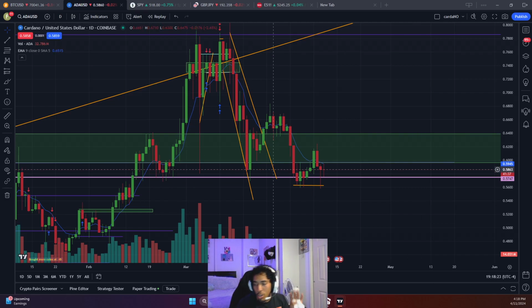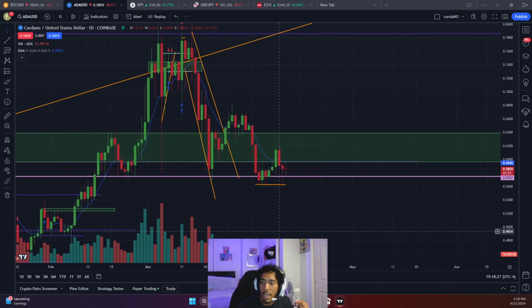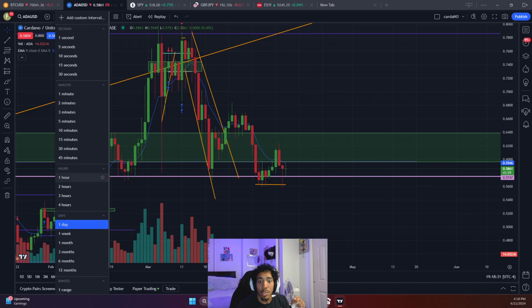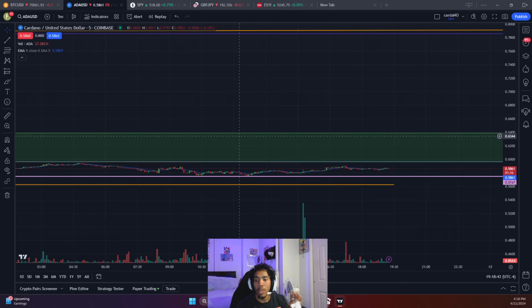So we looking at Cardano right now, ticker symbol ADA USD. This is the 1 hour chart. As you can see, you can change the time frame on what you're looking at. I'm looking at the day chart, the 1 day chart. You can also look at it at 1 minute, or 5 minutes. All that really means, I'm gonna simplify it for you,